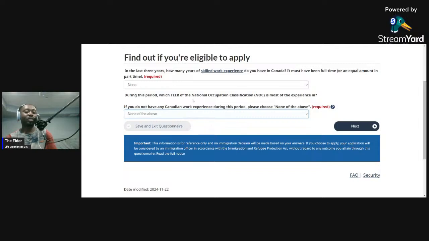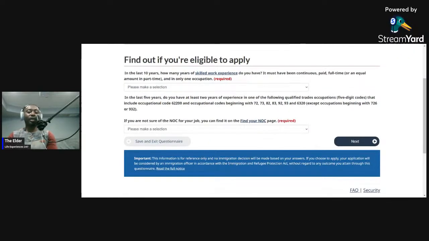So they are asking for the tier, the NOC, of the job, the field that you are in. So if you are a nurse, you have to go through the NOC code and see what your nursing code is. Or if you are a teacher, a banker, an administrator or whatever job that you do, Canada has the NOC code. So you can just go and search the NOC code and see the level, the tier of yours, and then enter it here. But since we've not had any work experience in Canada, it's none. So I don't have to waste my time on that. So next,